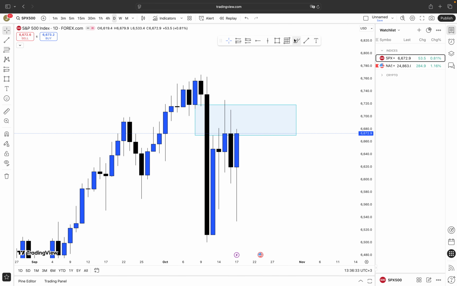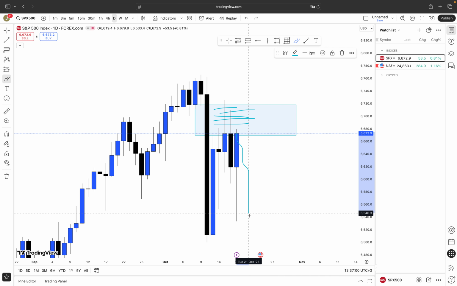This means there are still orders resting in this fair value gap that didn't get triggered yet. You can see perfectly in this example that it's a bearish fair value gap because it is created by a huge sell-off. You can see that price wicks back into this fair value gap with the following candles and continues to